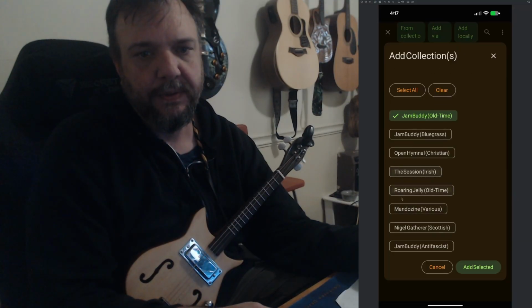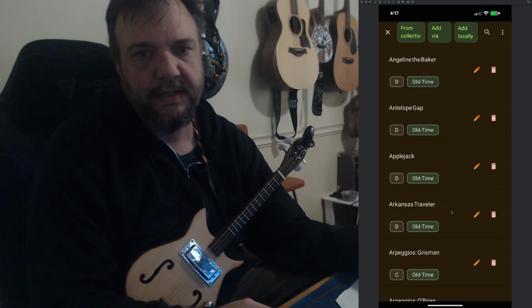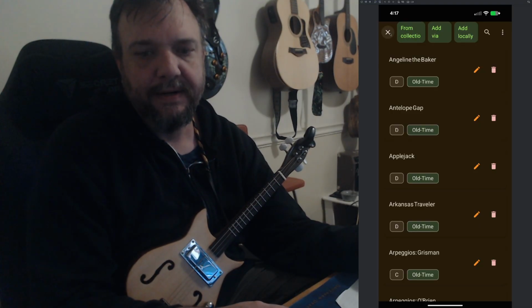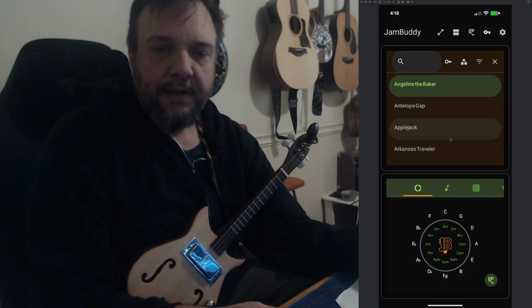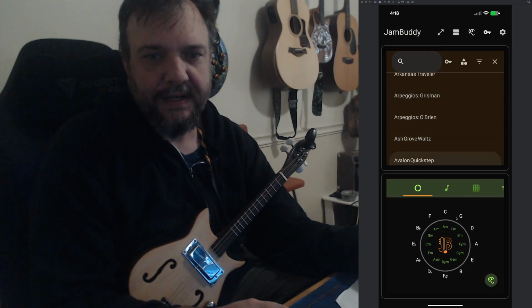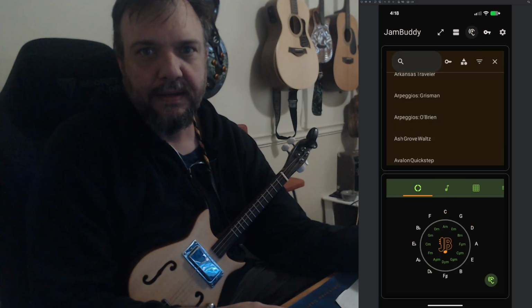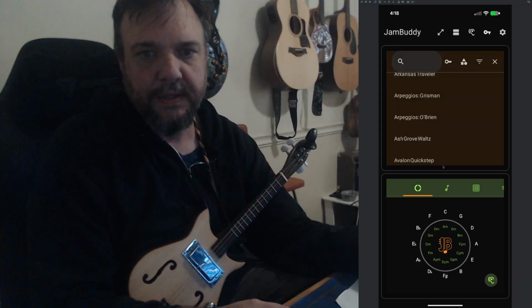There's a number of different old time tunes in here, practice techniques, various collections from people who've been collecting ABC and have made it available for free online. And then here you can see the old time tunes that are loaded in, and I have my circle of fifths down here. The circle of fifths, if I turn on listening, which I will allow while using the app,